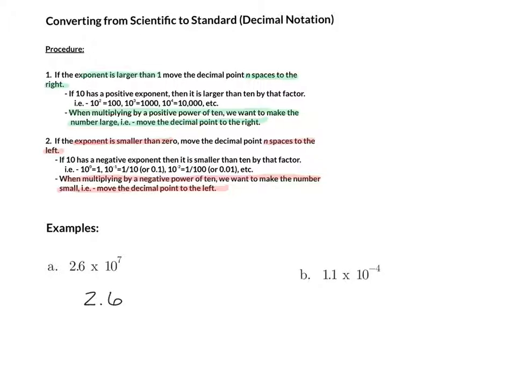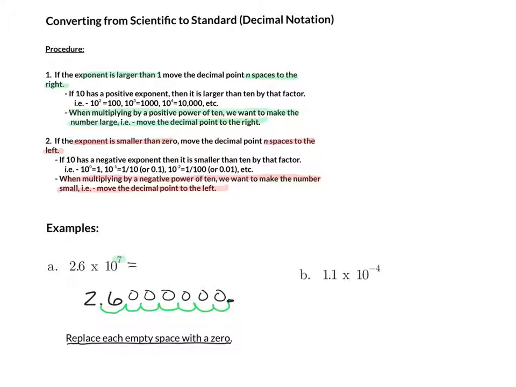First one we have is 2.6 times 10 to the 7th. So, since we have an exponent of 7, that means that I want to move my decimal point 7 spaces to the right. So 1, 2, 3, 4, 5, 6, 7. In each one of our little cloud poofs, we're going to put in a 0. Now recall that our decimal point is on the right side now. And so now if we write this without all of our cloud poofs, we get